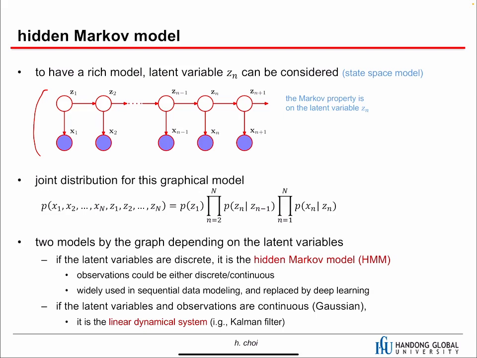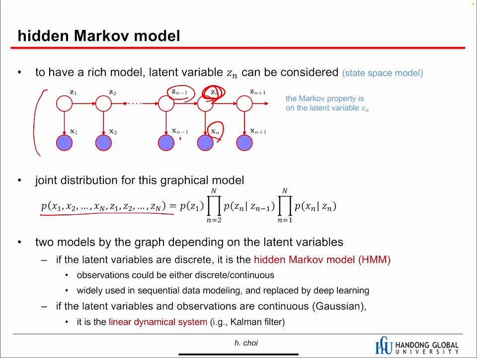So when we are interested in Zn, then the Zn is connected to Zn minus 1, not to Zn minus 2. And given this latent variable, then we can make an observation xn. So when Zn is given, then xn and xn minus 1, they are independent. And we can represent this graphical model with joint